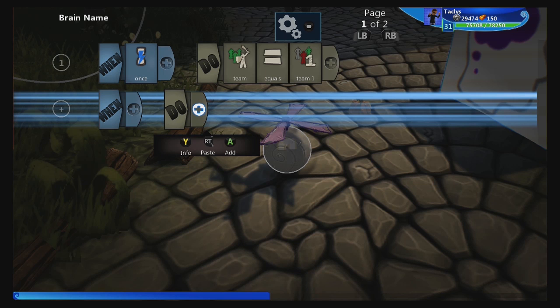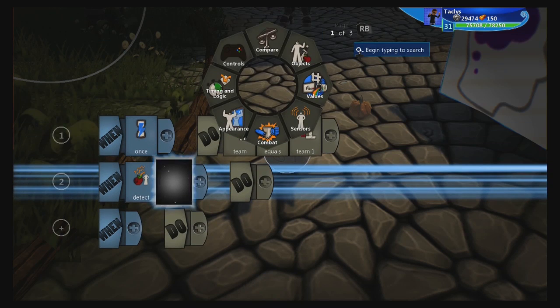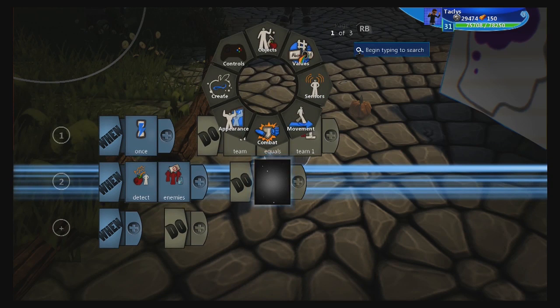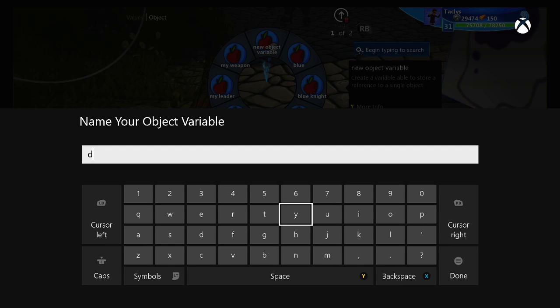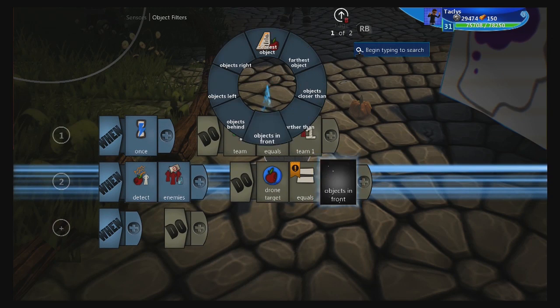Next, we're going to give it its targeting system. For its targeting system, it's going to be looking for enemies. So when it detects enemies, we're now going to assign an object variable called, let's do drone target. I think I'm just going to make really short names for these things in the future. Whatever. Target. Done. Drone target equals